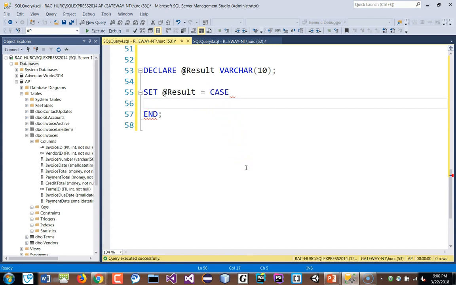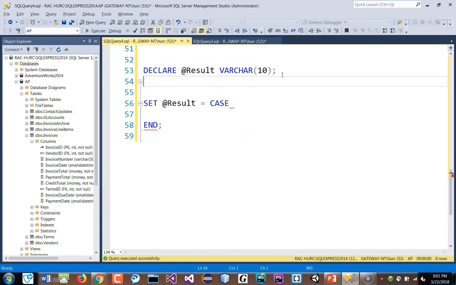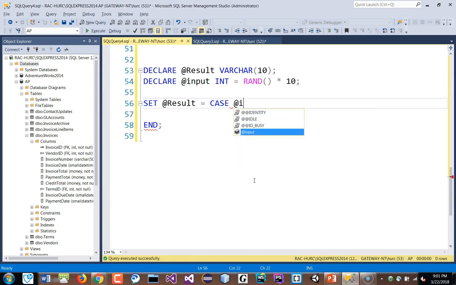Okay, so the case is going to be the following. You have an expression. What is the expression? It could be like, maybe you have another input here. So let's declare another one here. Call this input of type integer. Okay, we'll set this to a random number times 10. So anywhere between 1 and 10. Right? So to say case input,